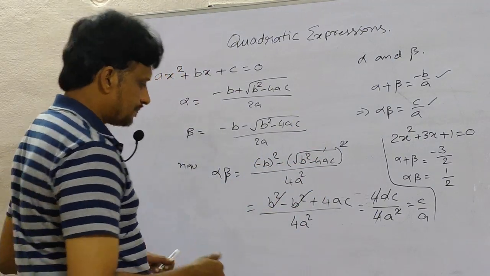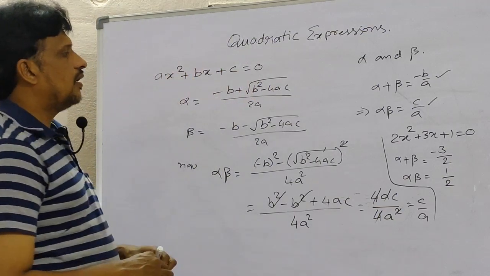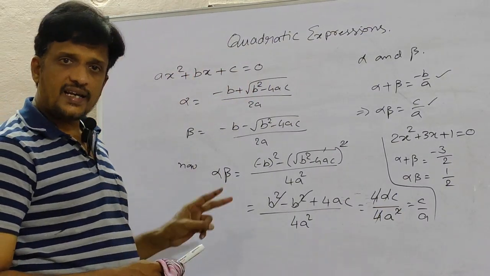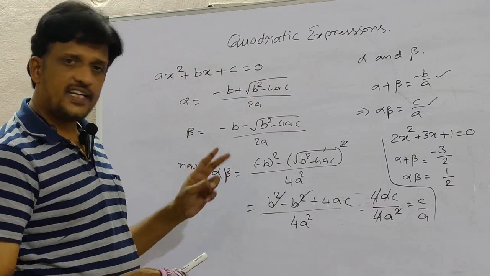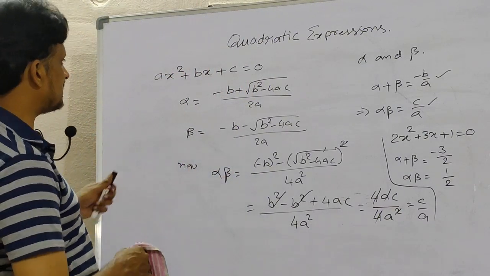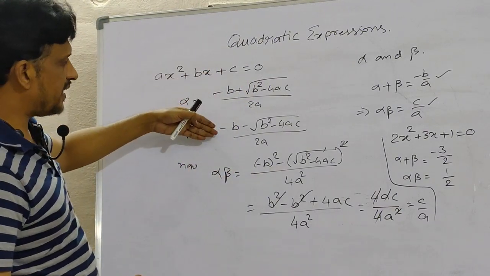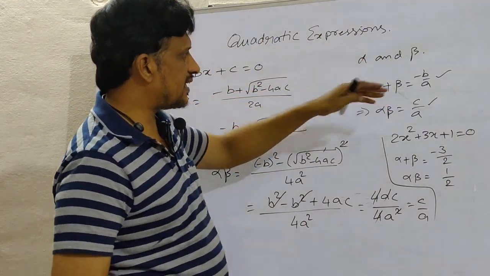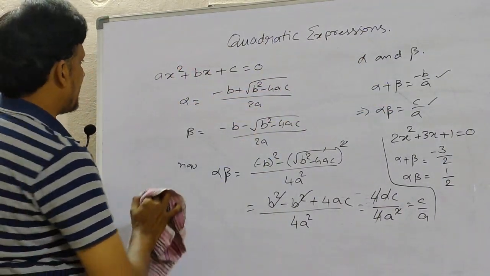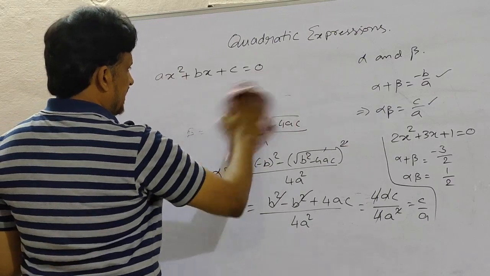So every quadratic equation has two roots. Those are denoted by alpha and beta, as we discussed. This is alpha and this is beta. Now their sum and the product are given by minus b by a and c by a. And now the other important thing is,